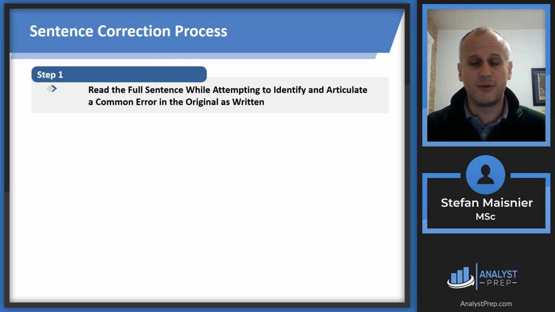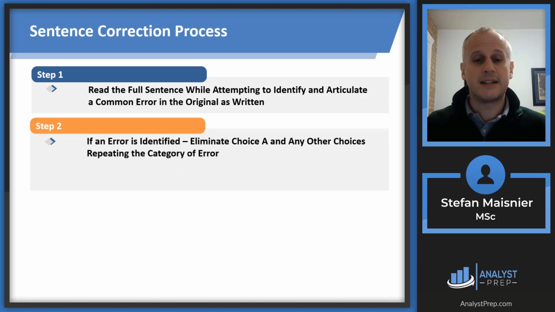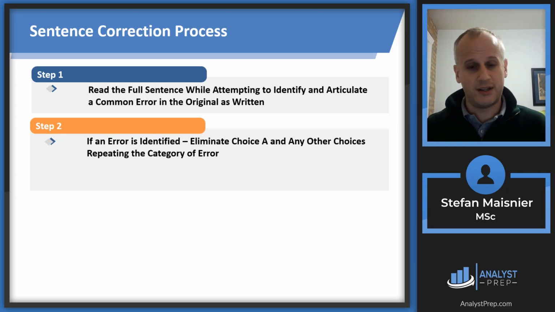Step 1 is always going to be to read the full sentence while attempting to identify and articulate a common error in the original as written. In the example we just saw, we saw a subject-verb error. It's going to be one of the common errors we will talk about in a bit more detail in a moment. Step 2 is, if you identify an error, eliminate choice A, which is the original as written,